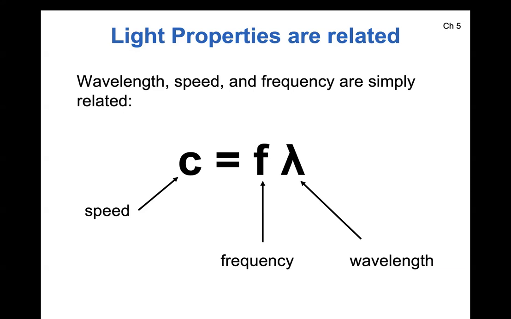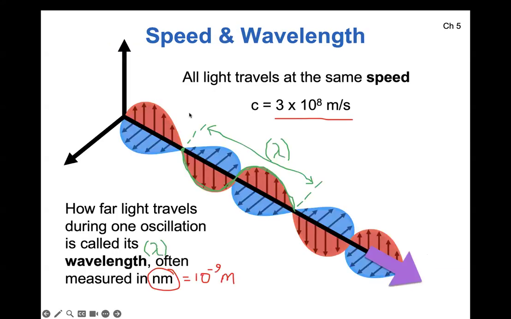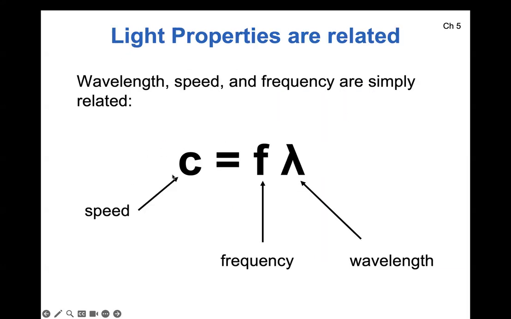Light always travels at this same speed of 3 × 10⁸ meters per second. So this is the constant on the left-hand side. f and lambda are not constants. But because they equal a constant, that means the relationship between the frequency and the wavelength, lambda,